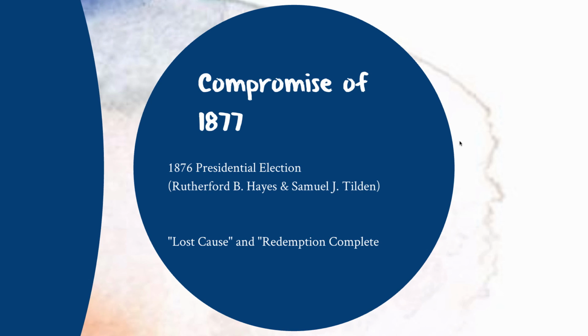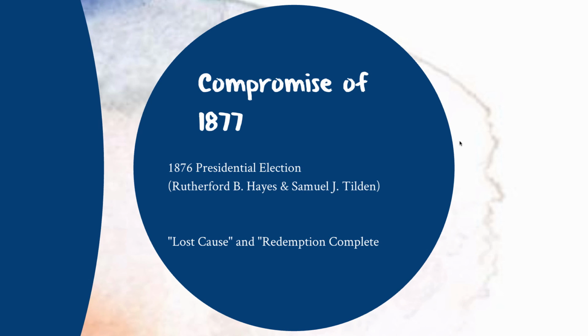Essentially, this election is going to end up in a tie. And when this happens, it goes to the House of Representatives. The Democrats were claiming that Tilden had been cheated. They threatened to arm troops and march to Washington, threatening violence and stuff like that. And so nothing ever really materializes. But in order to settle this dispute, the Democrats are going to agree to recognize Hayes as the president